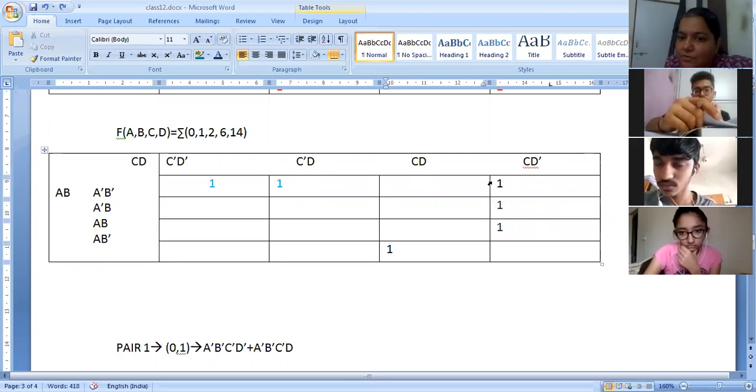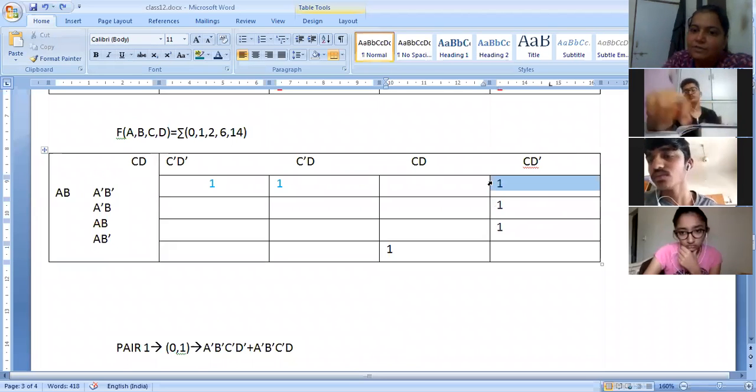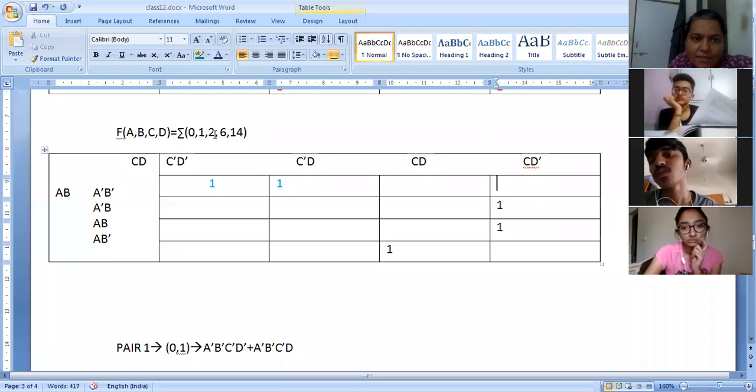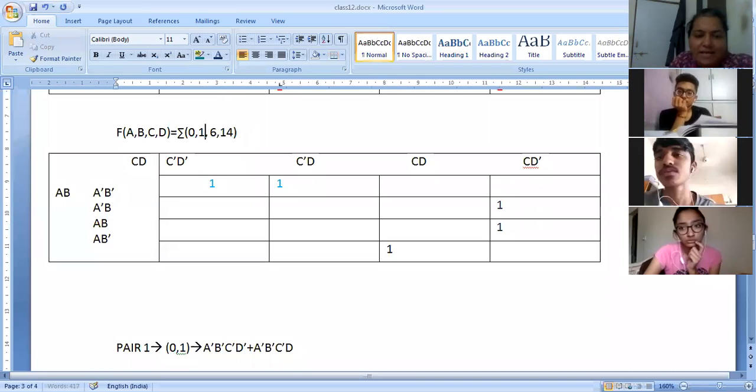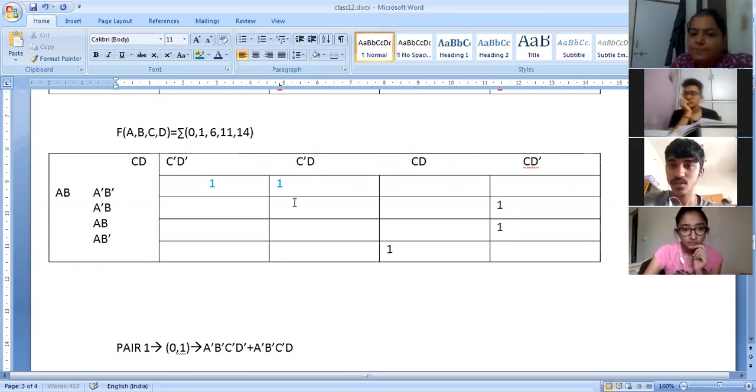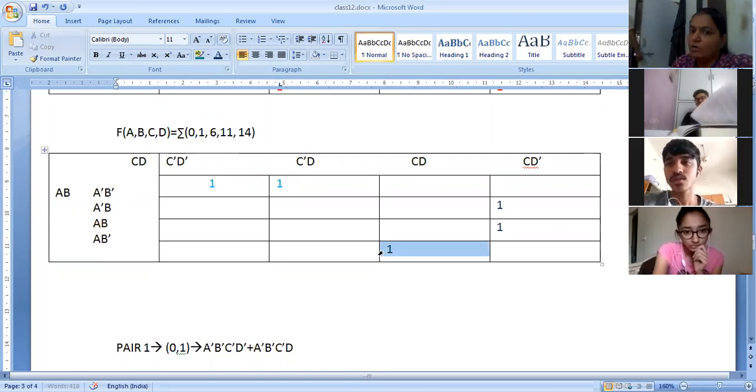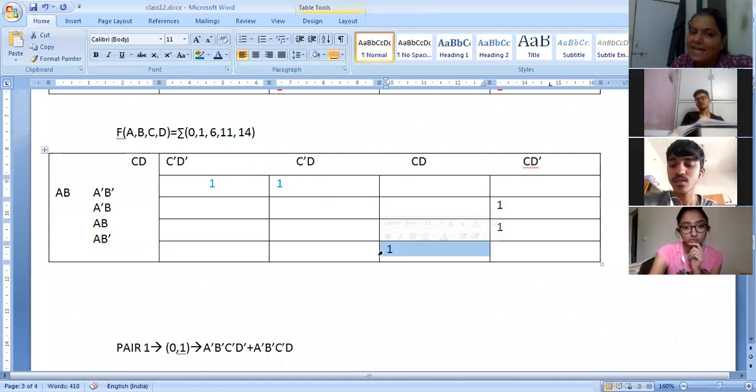Then what will you do? In this condition, what will you do? Tell me. I'm removing this number here and I'm adding one at this place: 0, 1, 2, 3, 4, 5, 6, 7, 8, 9, 10, 11. This is 11. In this case, what will you do? Because you are not able to make a pair, octet or quad of this one, you will write it as it is.